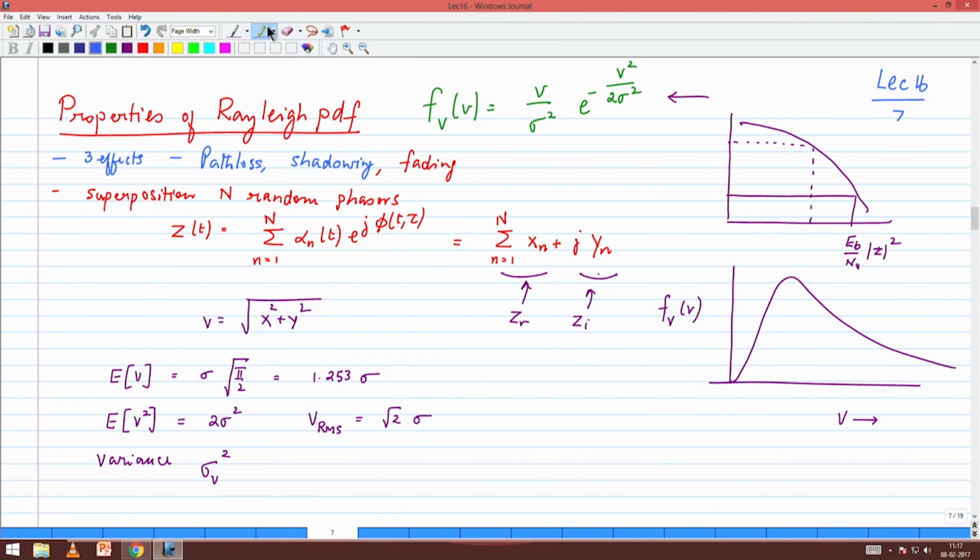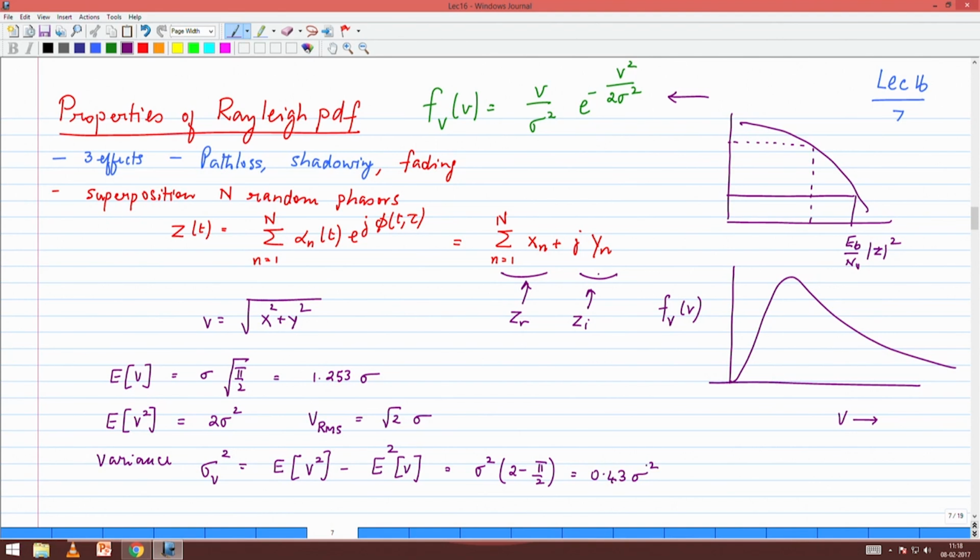Each of these Gaussian random variables has a variance sigma squared. This is different. This is the sigma squared of the envelope, the variance of the envelope. So, again, keep that picture in mind. Basically, this would be equal to the expected value of V squared minus the expected value of V, the whole square. Basically, the mean squared value minus the square of the mean, that will give us an expression which will be sigma squared times (2 minus pi by 2), which is 0.43